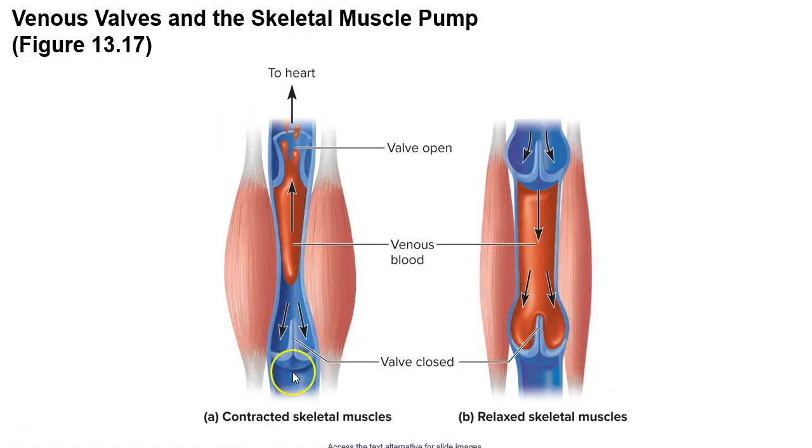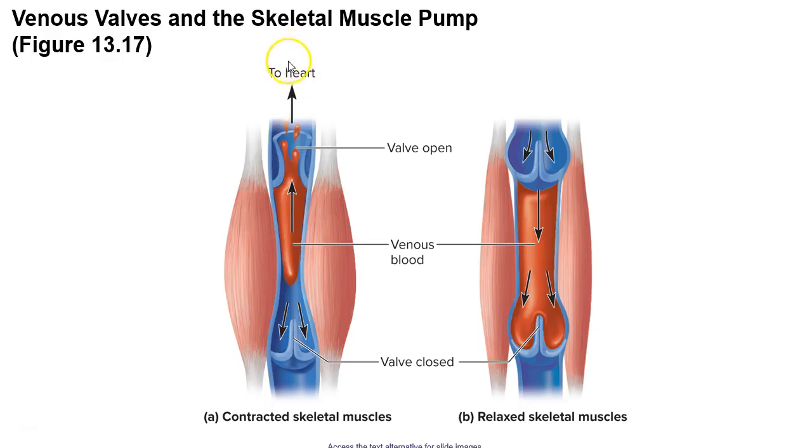So if we look at a vein like this picture here, we'll notice that veins have valves in them. Now these valves are there to prevent backwards flow of the blood. So we know that, if this is in the leg, for instance, that blood is already having to fight against gravity to get back up towards the heart. And so whenever you are walking around and things like that, and your muscles start to contract, these skeletal muscles contract, they will push on those veins and cause them to be squeezed. That will force blood up, right, past these valves. It will force those valves open, the pressure will force them open,